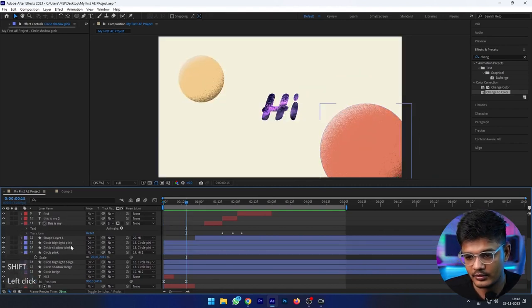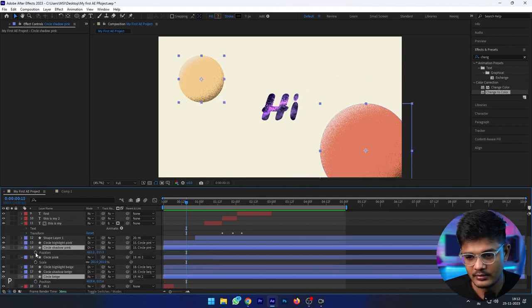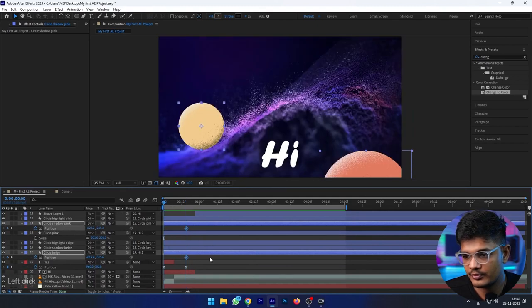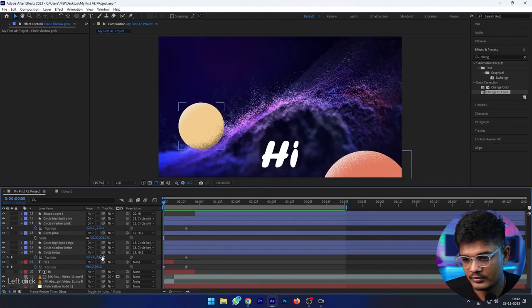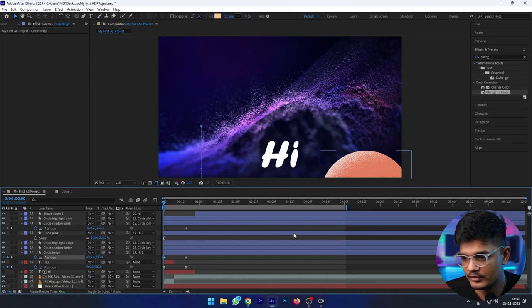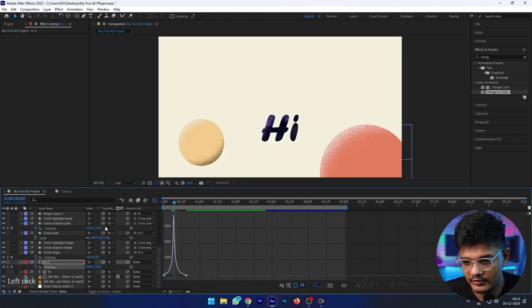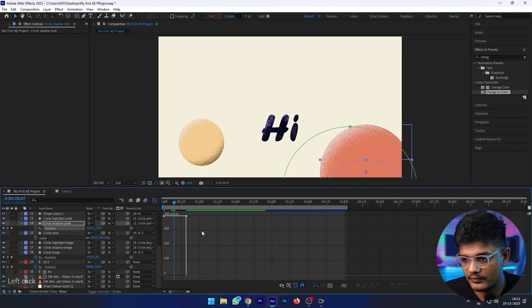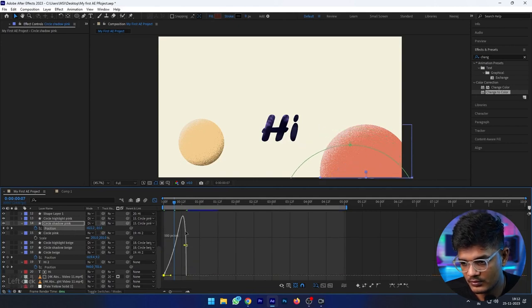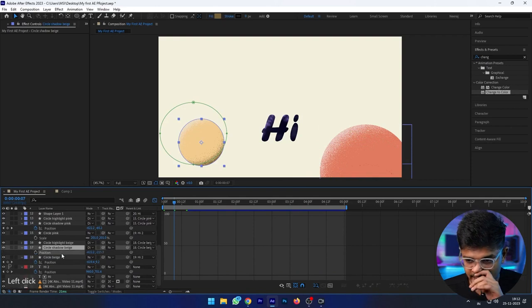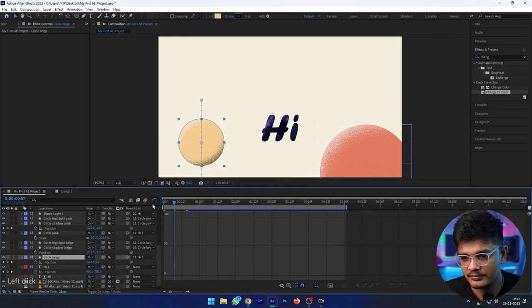Okay. So let's make a keyframe on their position, this circle to here and this one to here, and let's change their speed graph, so I am changing their speed graph same as the high speed graph. Okay.